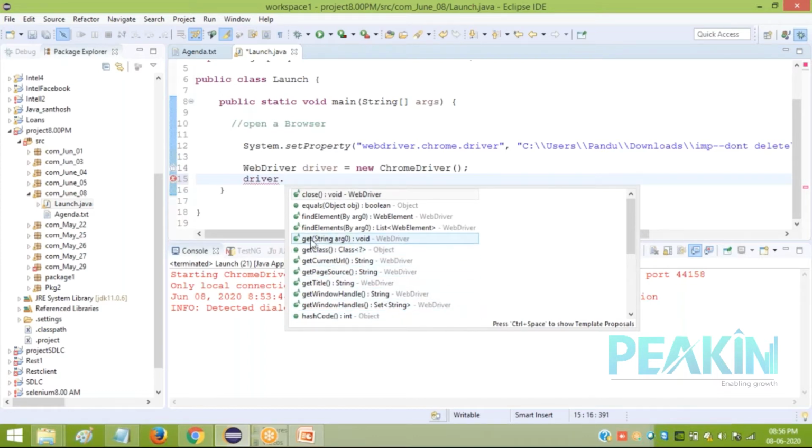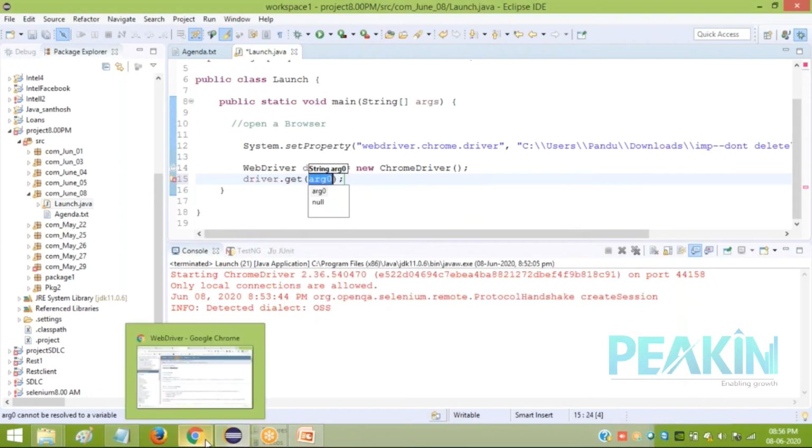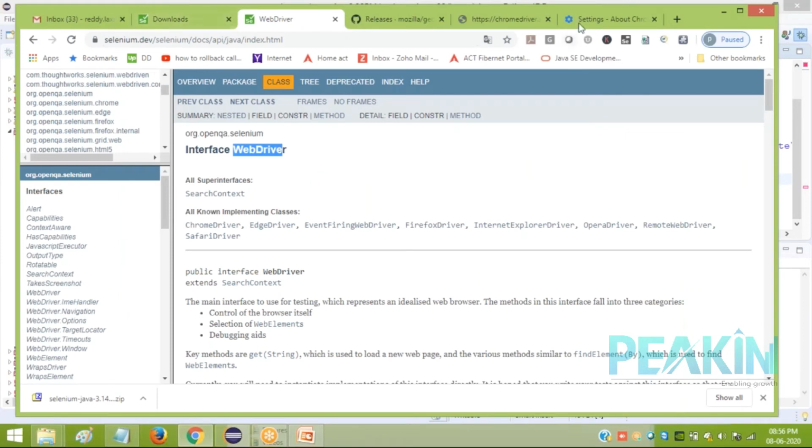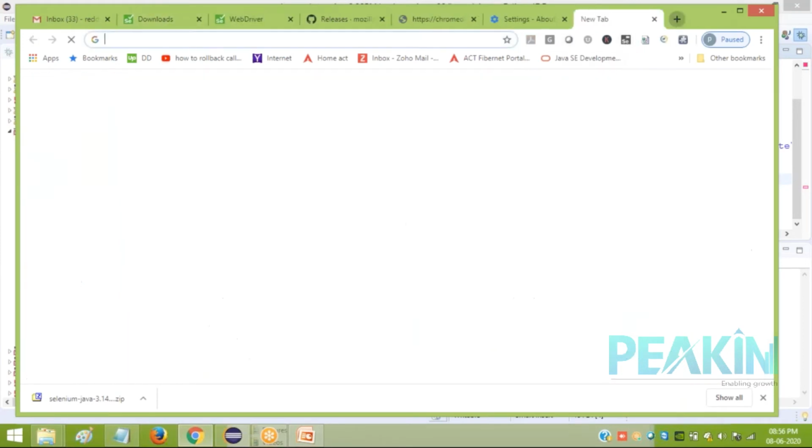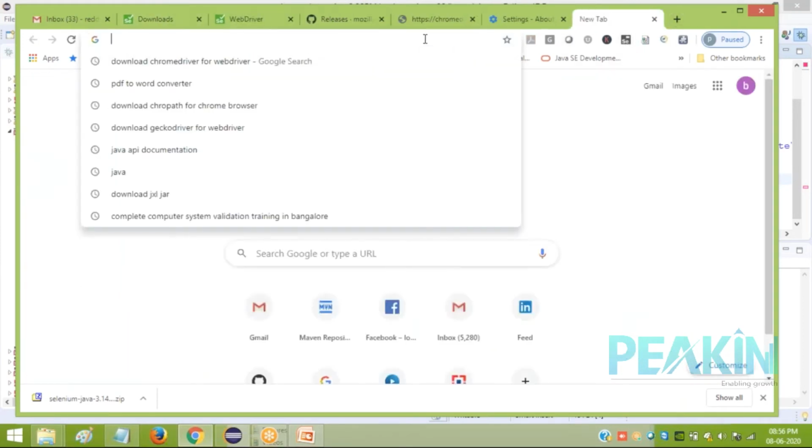Right now, we want to open some URL. So get. Get is a method from WebDriver which opens whatever string URL you pass. Return type is void, right? For the get method, the URL which you want to open, don't pass just www.com like that.